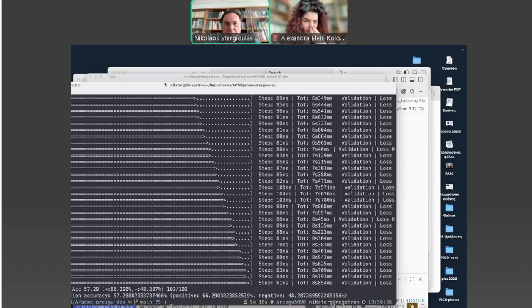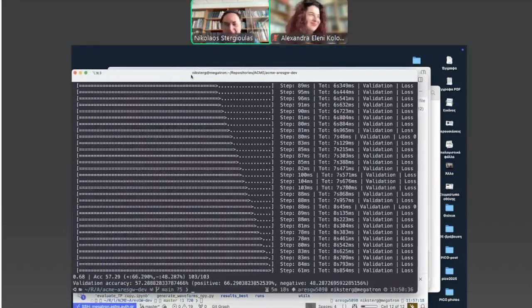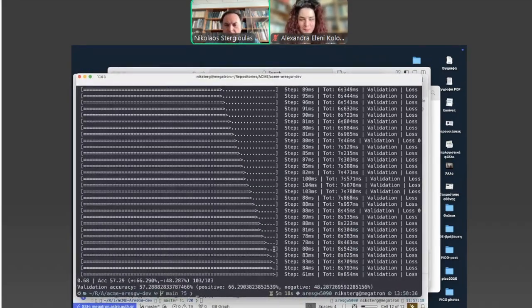Okay, in fact, the training is done, and you see that it actually took only 5 minutes on this minimal example. There is now in the printout an overall accuracy of 57%, not at all impressive.